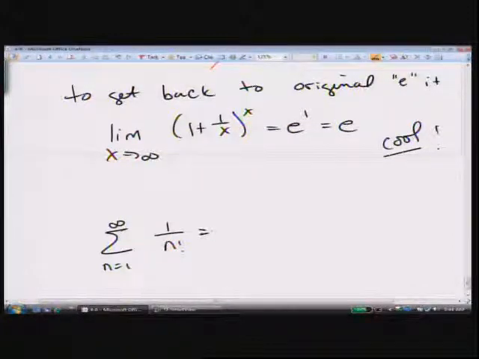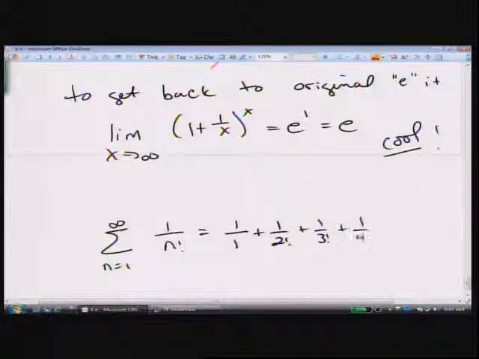So like 3 factorial is 6. 3 times 2 times 1. 5 factorial is like 120. It's 5 times 4 times 3 times 2 times 1. So 20 times 6. Okay, and actually it turns out this is the series, and the sum of the series, this means 1 over 1 plus 1 over 2 factorial plus 1 over 3 factorial plus 1 over 4 factorial forever. That actually is e. It's another way to write e. So you'll learn about that in Cal 2. It's kind of exciting. Okay, so enjoy your